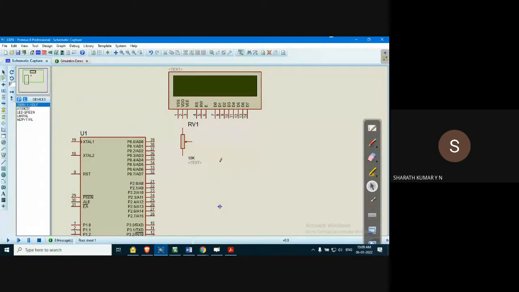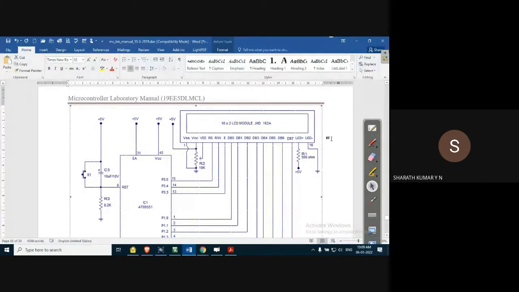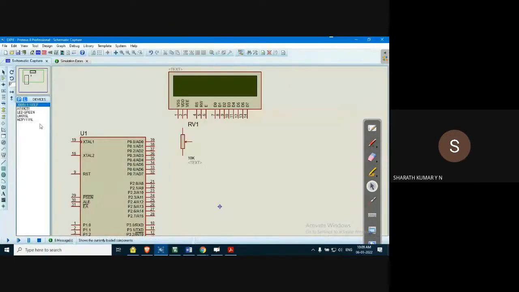Okay, fine. This is how to make the connection. If you see this connection part, pin number 1 is grounded. So what we want now is ground. Go to terminal mode, sorry, not module mode. Select ground, and place it somewhere here, very close, so that we can make a connection. And we want power also. There is a VCC. Place it somewhere here. Okay, so pin number 1 is ground. One end of the pot is connected to ground.